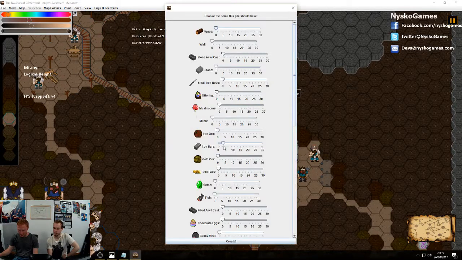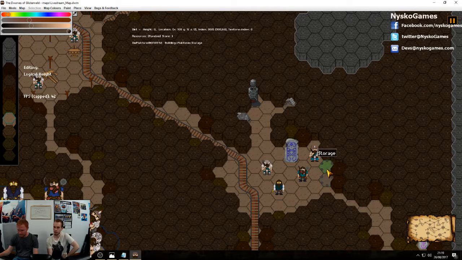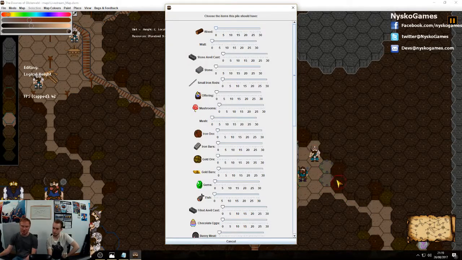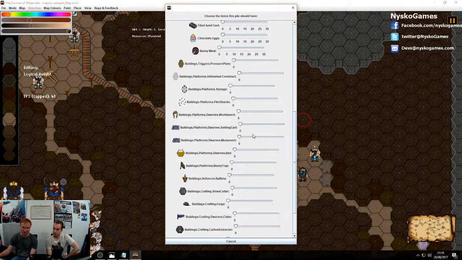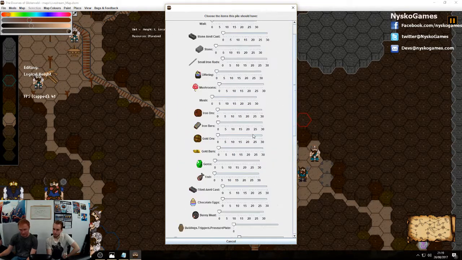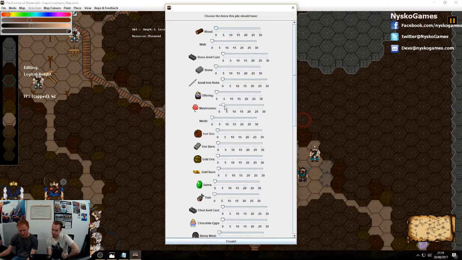So let's give them. So are these all the items? Yeah. So basically, what I'm doing here is I'm saying, right, I want to place a pile of items in the storage area here, and these are all the items that we have in the game at the moment. So there's quite a few. Quite a few. So it's chocolate eggs. Chocolate eggs. Yeah, we had